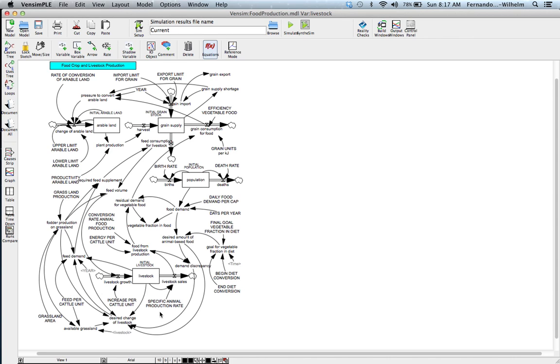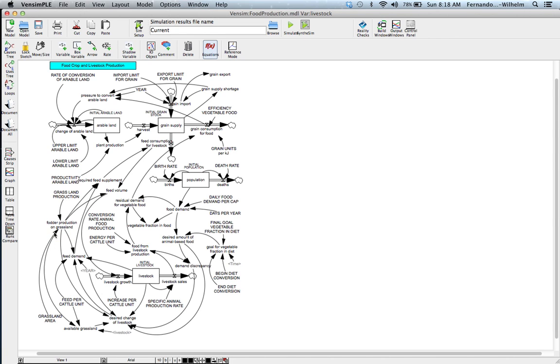dynamics here. If you look at the growth part of livestock, the growth of livestock is originated by a couple of sources. One comes from the grains, and we'll see that in a second. The other comes from the grass. Okay, so there's a production of grass in the land, and we'll go to that also when we talk about the arable land. But there's a production of grass which produces essentially this fodder, and fodder is the basic feed that is grass originated for livestock. Okay, for cattle primarily,